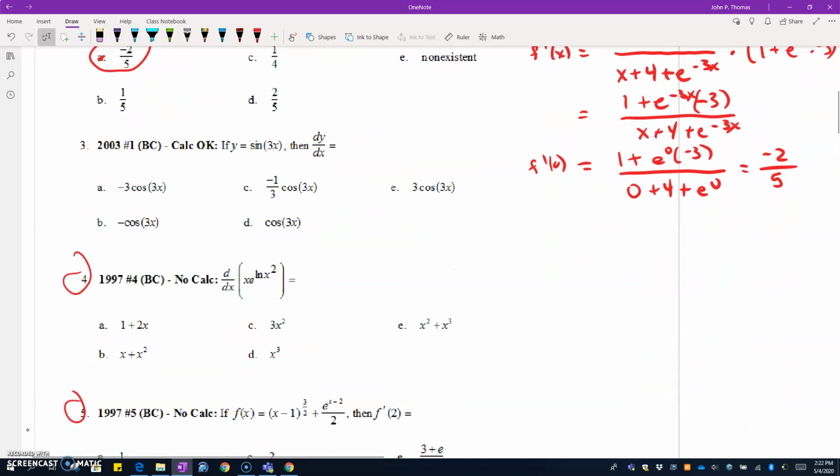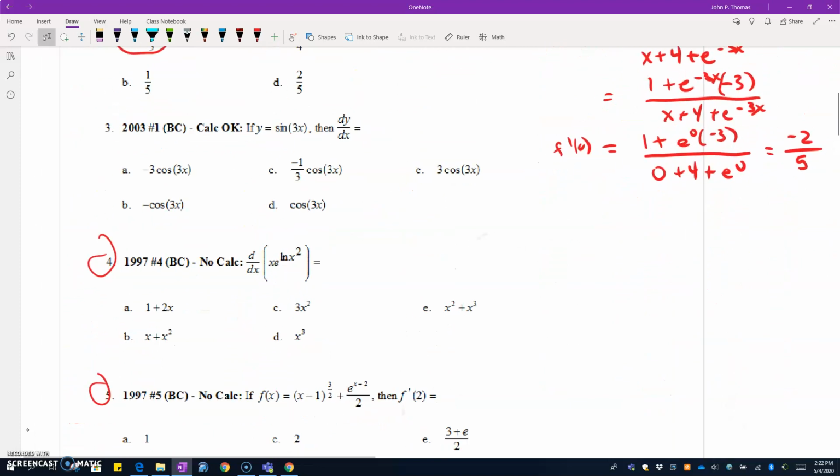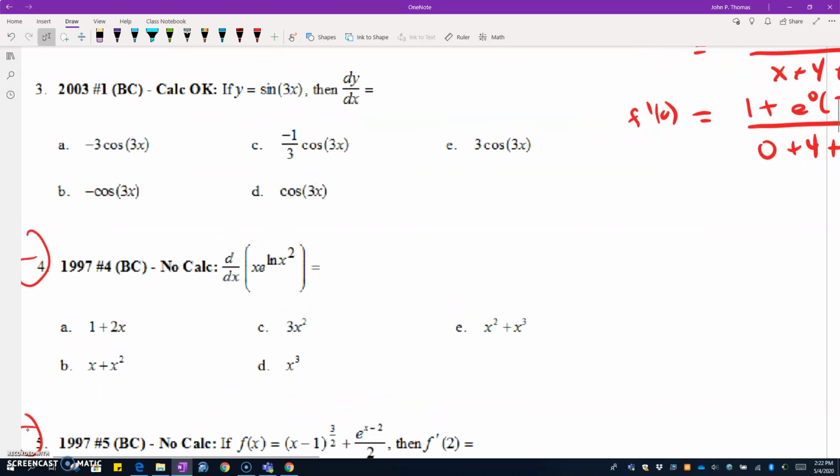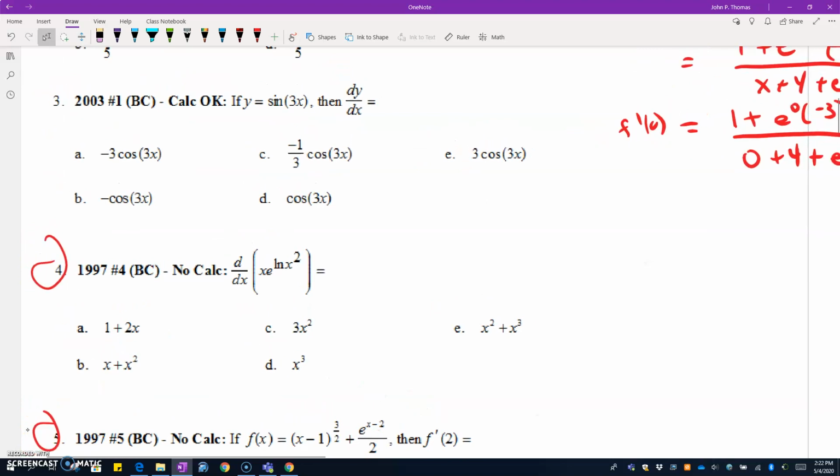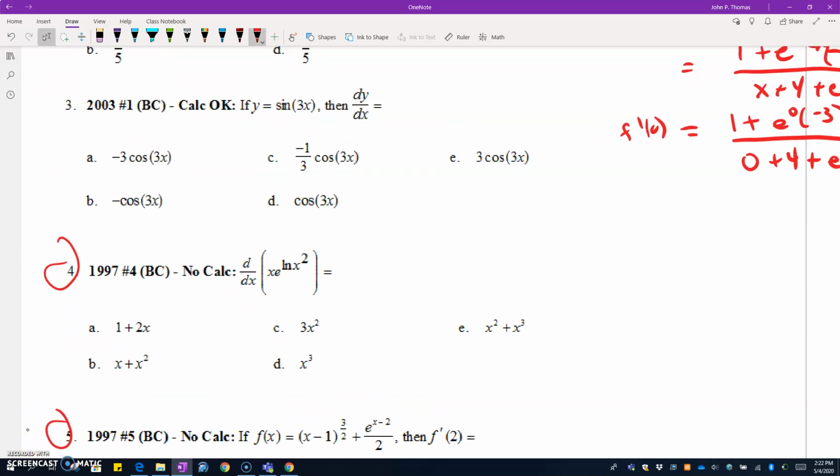Alright, so if I go to number 4, the next one, this is a product rule with a chain rule in it, and the chain rule has 2 layers. Alright, so in number 4, first thing we've got is the outside, so we're going to have first derivative of second, so I'm going to take a few steps here. Alright, plus second